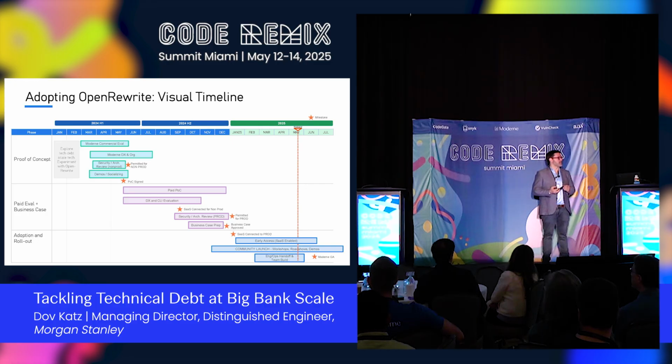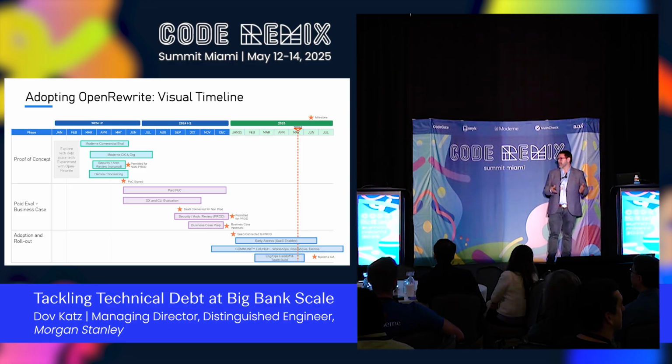My goal was to start in March, say we're going to do this. June, do a paid POC. September, make a business case, get it funded in December, and there are budget cycles, so you need to time this stuff well. And for me, that's like a template. So I do this with any case I'm making. There are other developer productivity things I have very similar views on, and I'm going to follow the same template